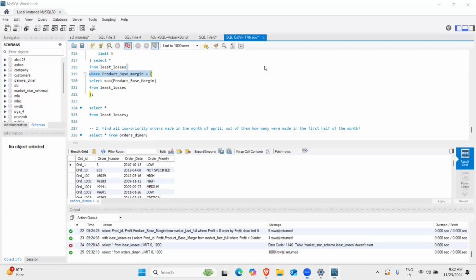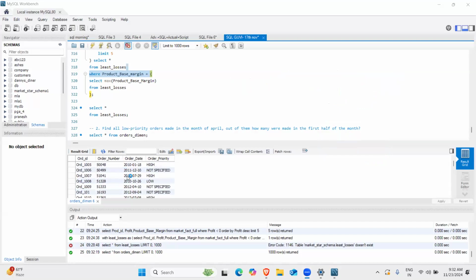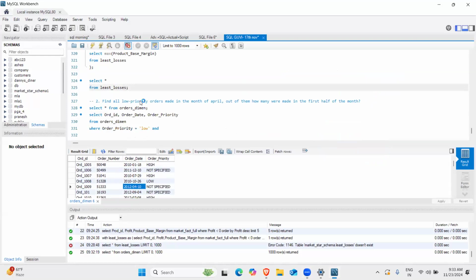So it's in DDMMYY format, or it is YYMMDD, right? So April is 4, right? In this thing, April is 4. So this is April, and if you just scroll down, you will be able to get April. This is April data, right? So you want to find low priority orders, where order priority is low, and